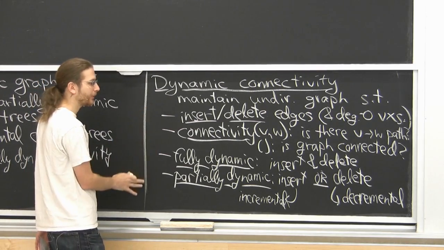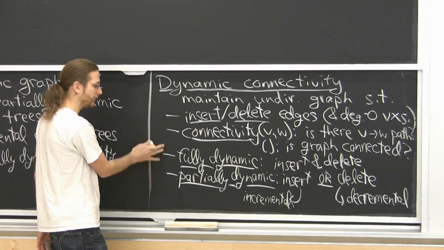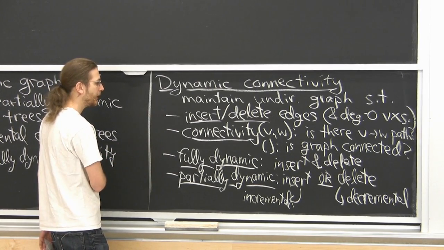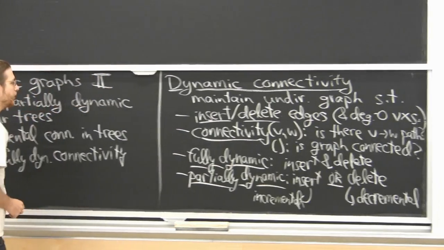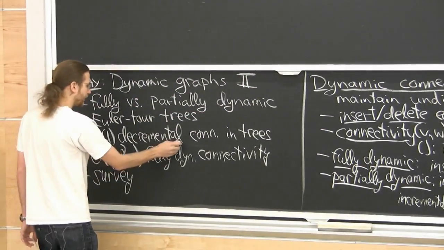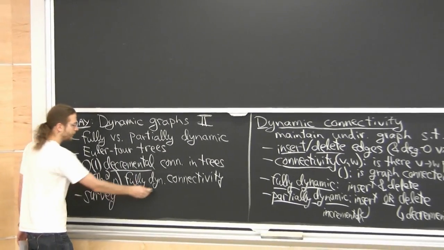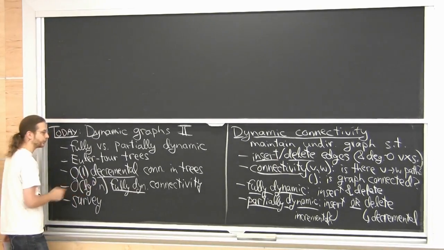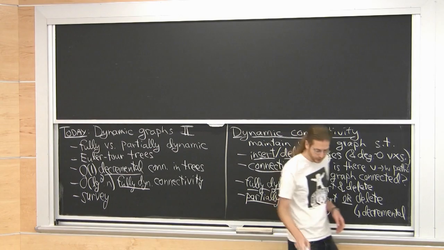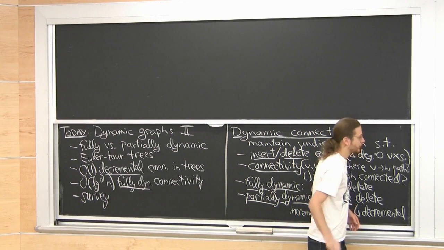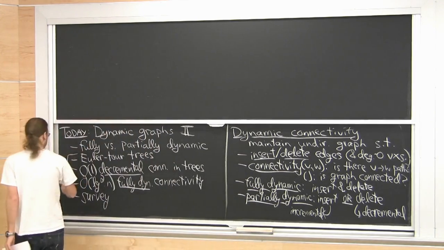In general, a dynamic graph problem is defined usually by insertion and deletion of edges and either fully dynamic or partially dynamic. And then the query is what can vary. We're going to focus on connectivity queries, but you could do others. So this explains that for decremental, we're going to solve trees in constant time. For fully dynamic, we're going to solve general graphs in log squared n time.